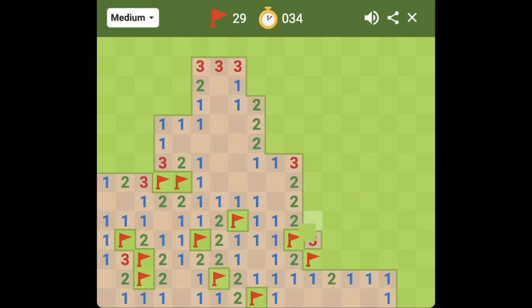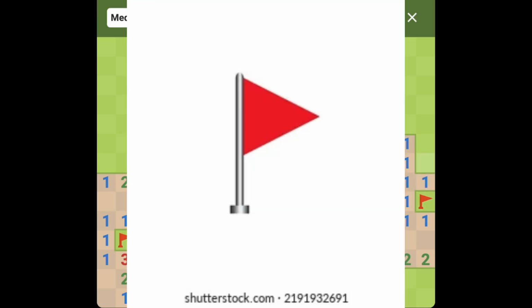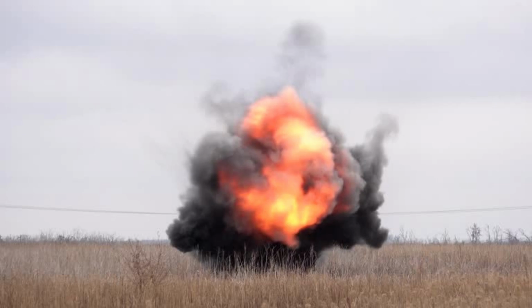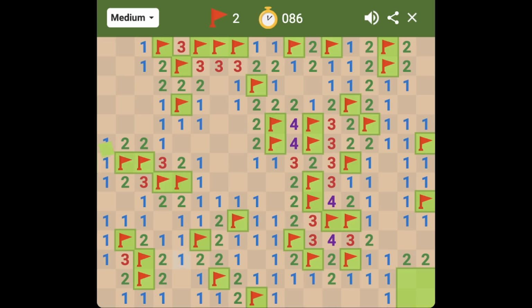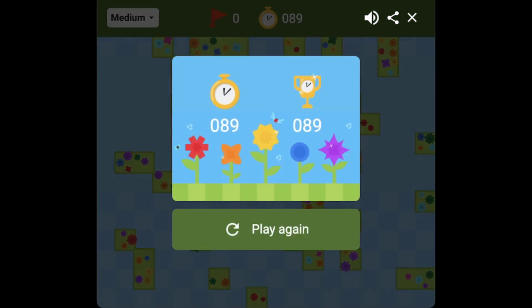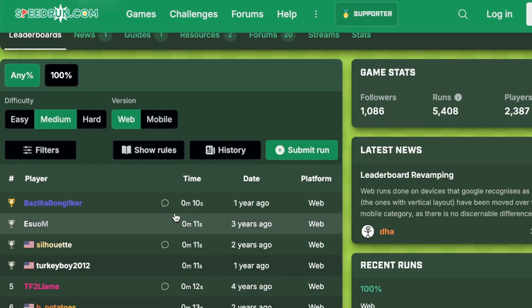If you have a really sharp eye, you may notice me placing down these little red things. These are flags. You place these to indicate where the mines are so you don't accidentally click on them. In fact, once you place a flag, it's impossible to click on that tile. Okay, so a time of 89 seconds. Not bad, right? Now let's just go to the leaderboards and...